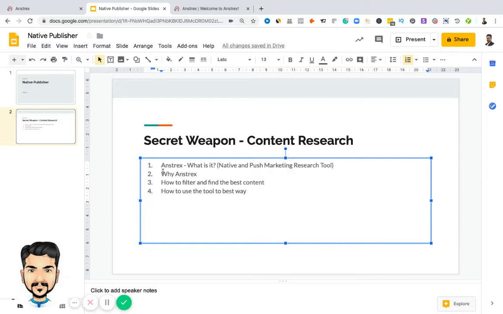It's more about researching our competition in terms of push notification and native advertising, and what is already the best performing content for them, and how many days they have run. In terms of understanding the niche, which of their content is actually performing, and why Anstrex, because we will actually be thinking about